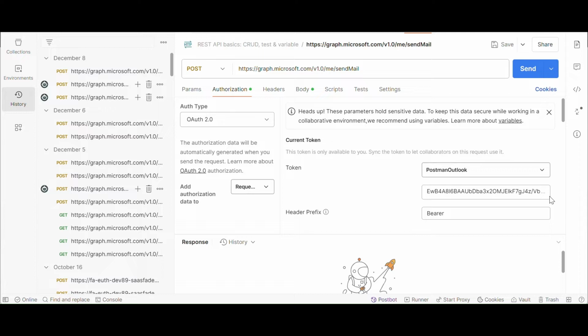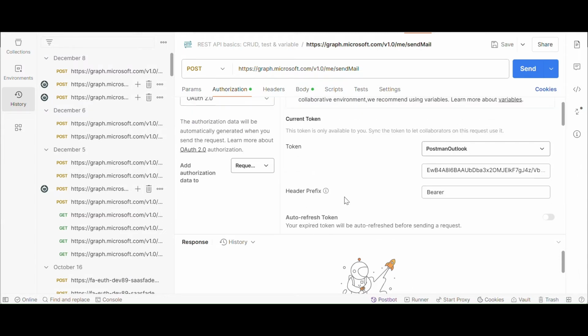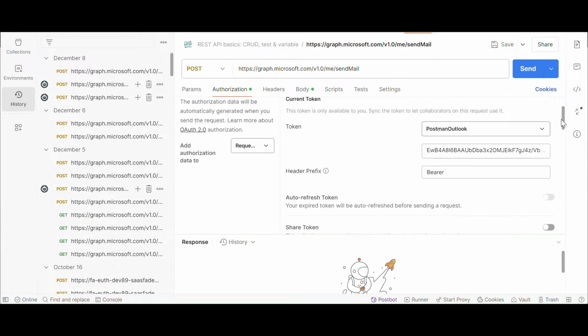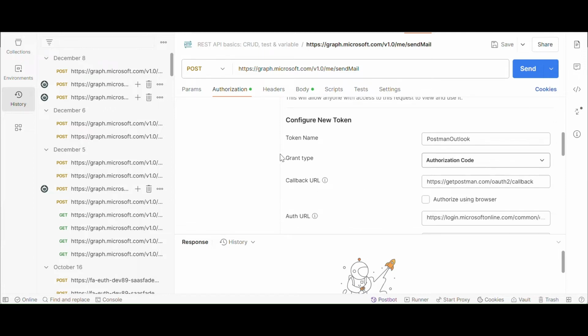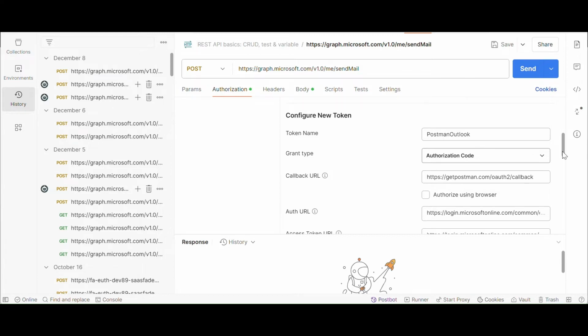Postman. So basically Microsoft Graph is a RESTful service from Microsoft, an ecosystem published by Microsoft that allows us to interact with the Microsoft 365 services. It's a single endpoint to interact with the Microsoft Outlook service. In order to trigger this REST API, you have to provide the details here. You can give the token a meaningful name, like Postman Outlook. After that you have to enter a lot of information: token name and grant type. Token name you can give as Postman Outlook, and grant type authorization code, and this